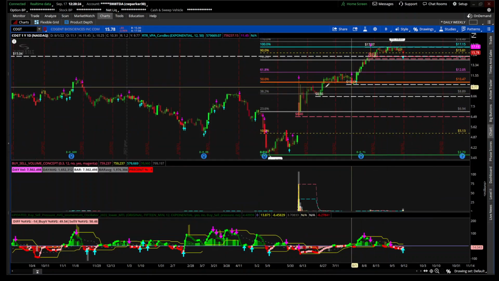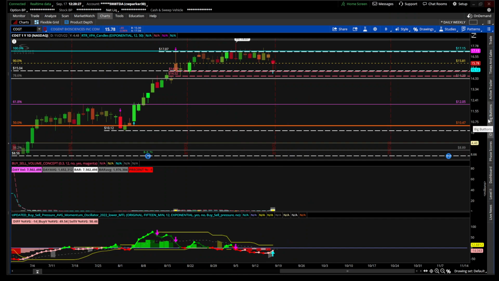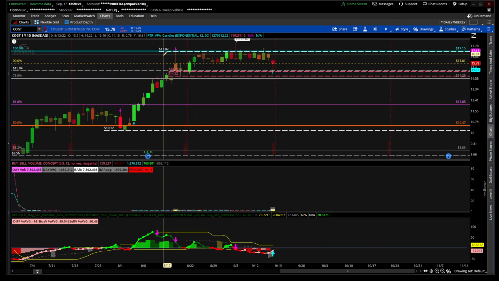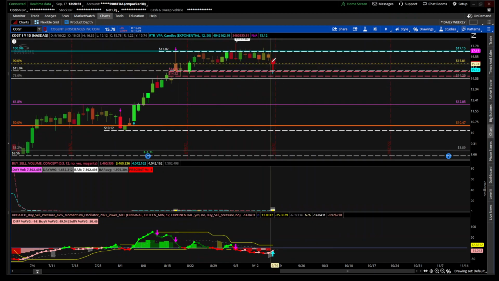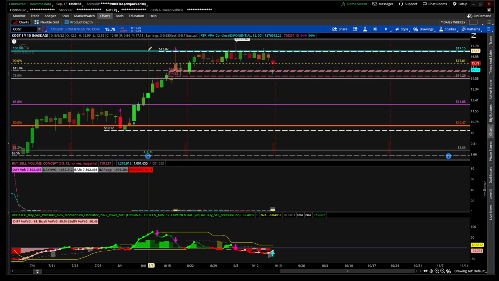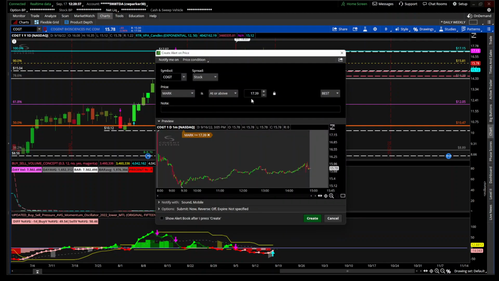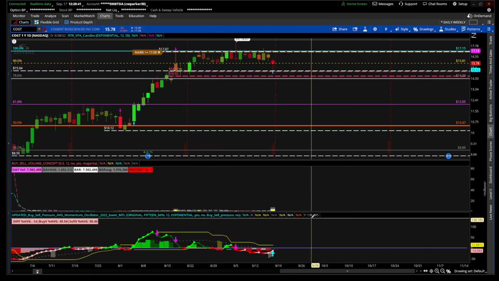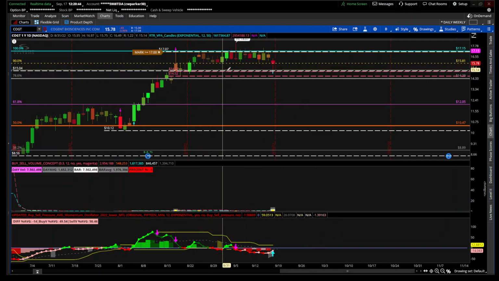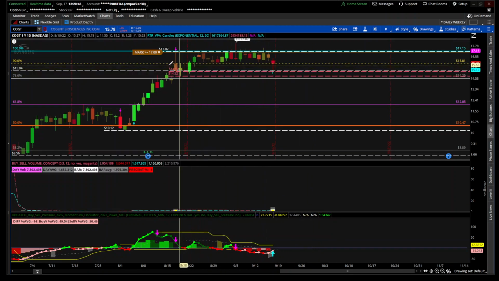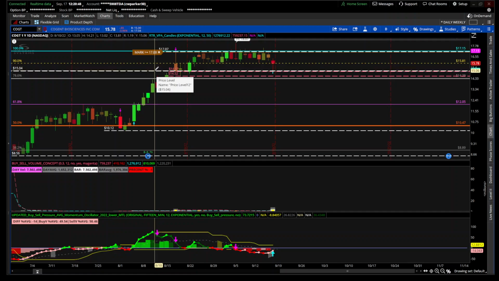So this is one of the stocks that I had positive divergence on. So what I'm gonna do is just set an alert. Let's see. I'm gonna set an alert for $17. So I look forward to it getting above $17, and then I consider getting into it. But if it drops back down into this area,